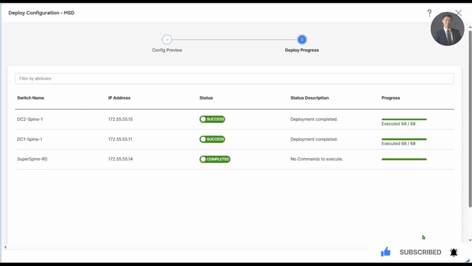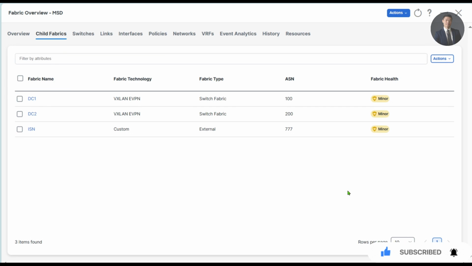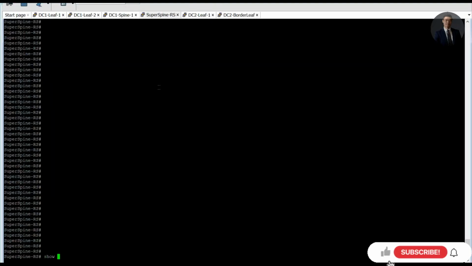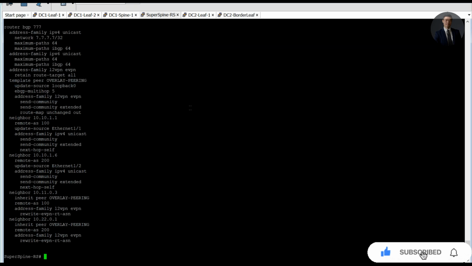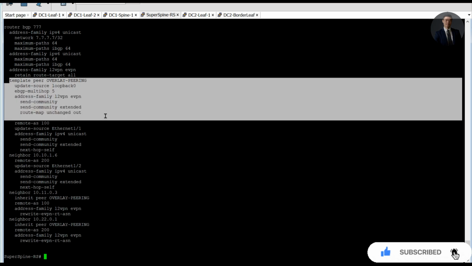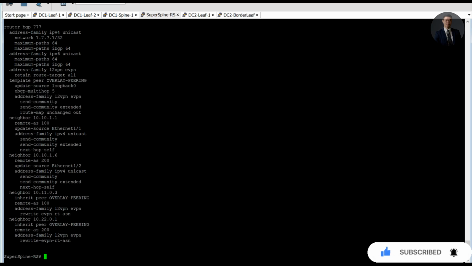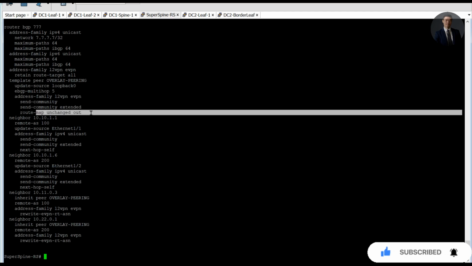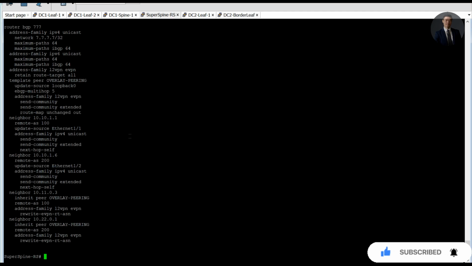Log on to my super spine and we're going to show run BGP. It creates two IPv4 BGP neighbors and two EVPN BGP neighbors. The EVPN BGP neighbor has a template inherited, it's overlay peering. It gives send community extended as standard config. We'll have a route map, we'll say unchanged. Is the next hop unchanged, if you notice. Okay, so